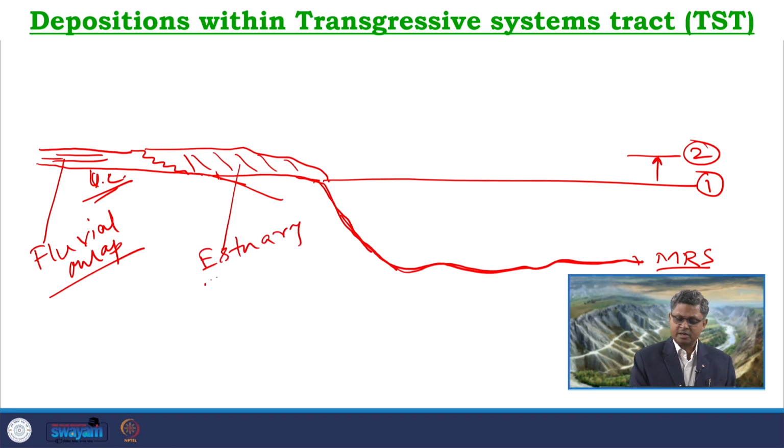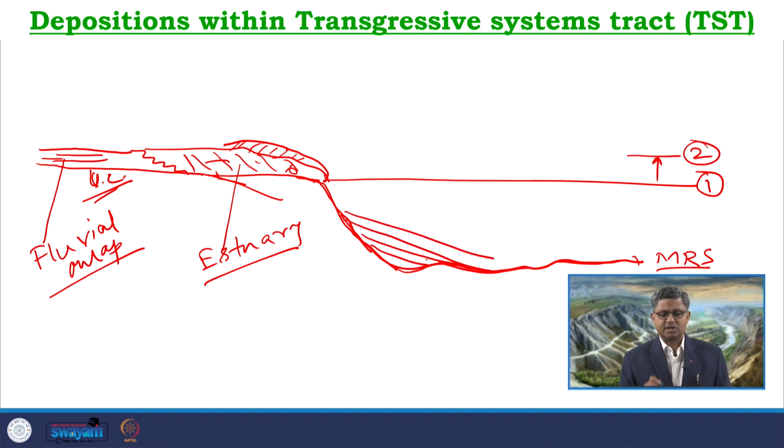Broadly we are using the term estuary, but in the last class we discussed that there can be variations in the retrograding system, such as the formation of a bayhead delta or an estuary. This estuary may be further overlain by the coastal deposits, coastal sands or beach deposits, which may further transgress, further retrograde in. So, this is the scenario occurring in this part, and in the deeper part we can expect deposition of some deposits.